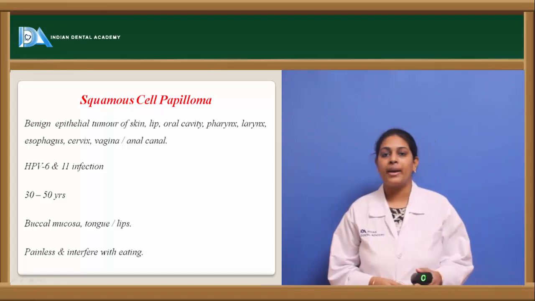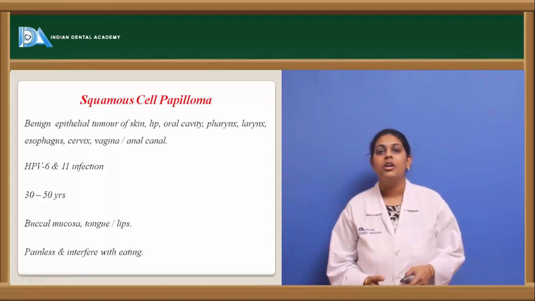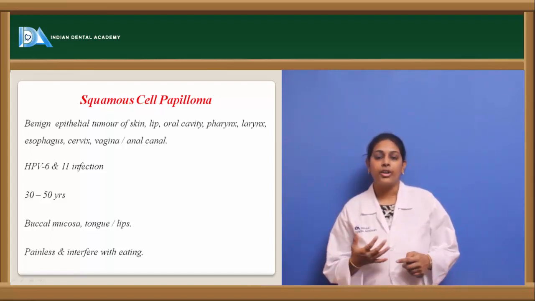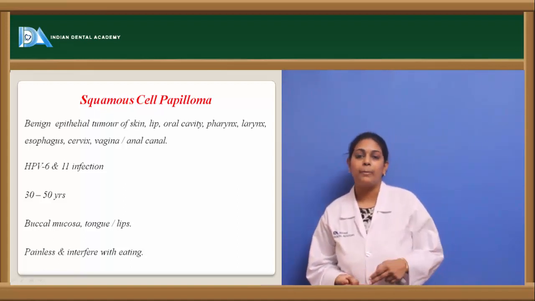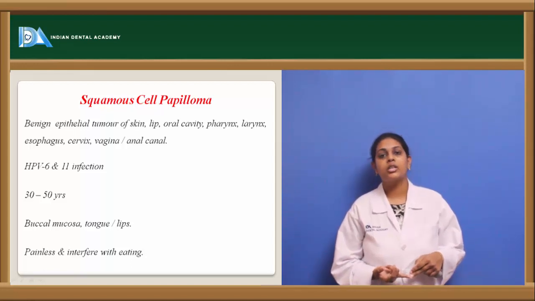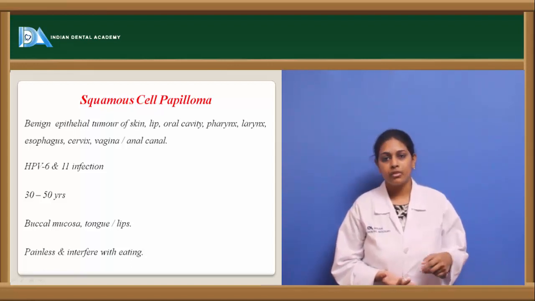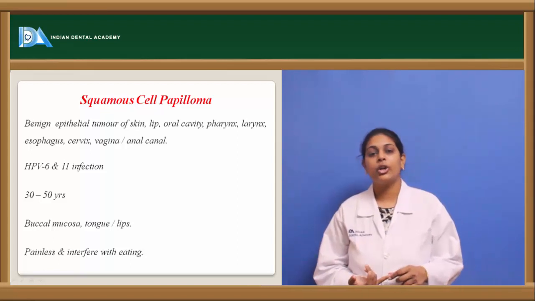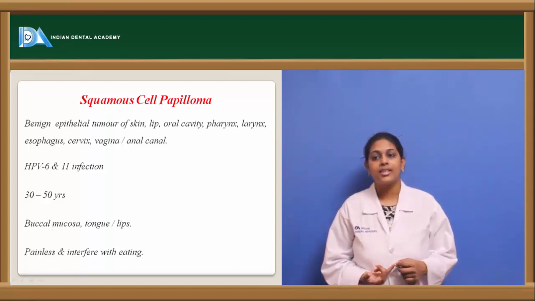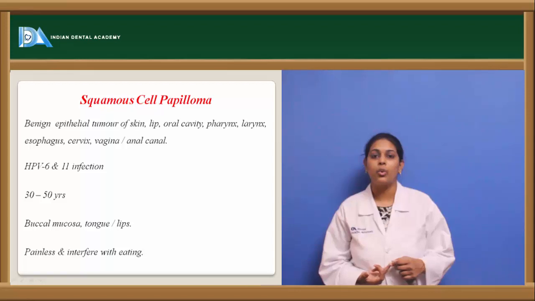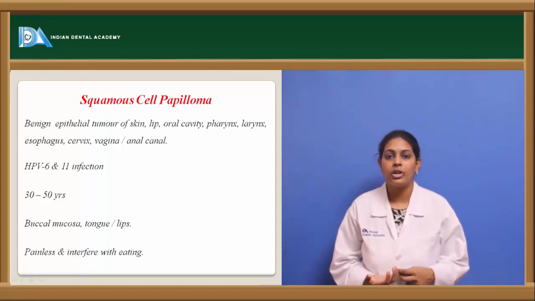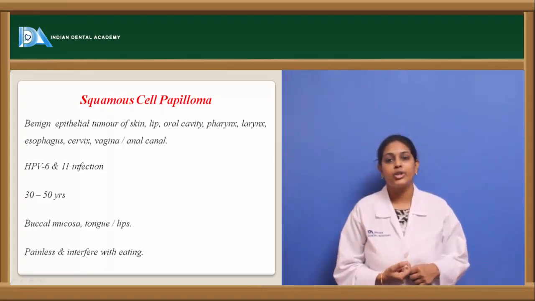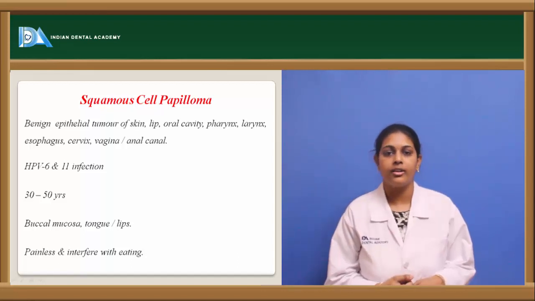Based on certain investigations and observations on culture of the biopsies, it has been observed that a few of the papillomas are viral in origin. Among the viral species, human papilloma virus 6 as well as 11 are most commonly involved with this papilloma, suggesting that this could be one of the etiological reasons for the papilloma to develop. The most commonly seen age group for squamous cell papilloma is 30